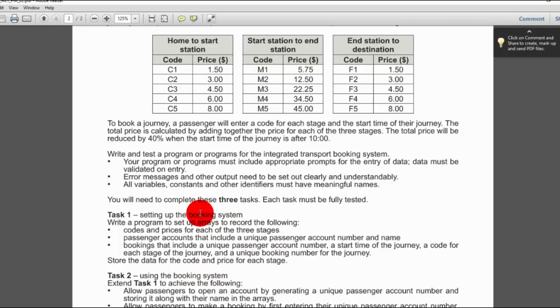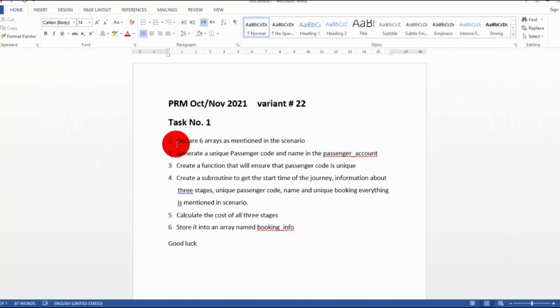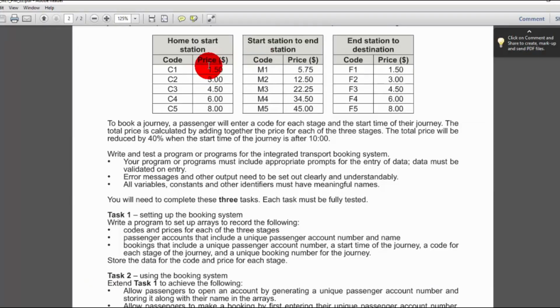So first of all, in this session, we will discuss only task 1, right? We try to make the pseudocode of it, and all of these instructions have been interpreted in a very easy way. I have already noted down. So in task 1, they are saying basically, declare 6 arrays, because in the 3 stages there are 2 columns, code and price.